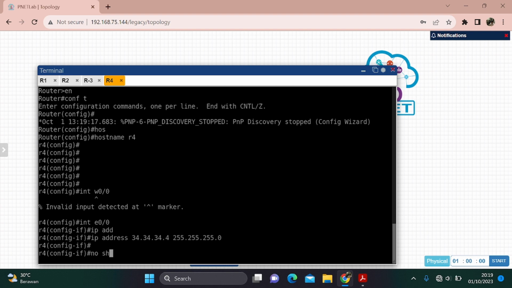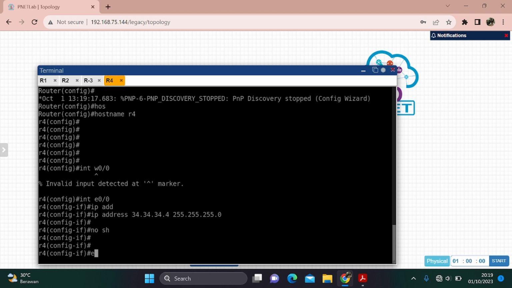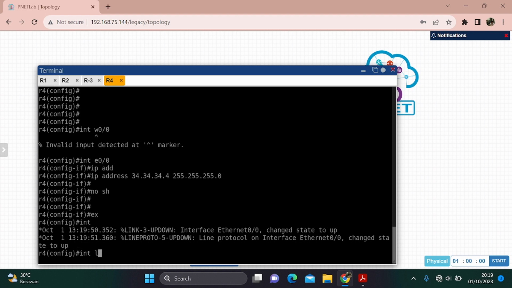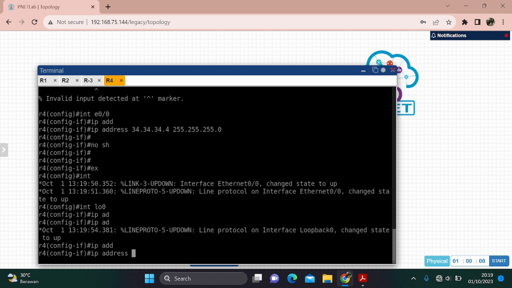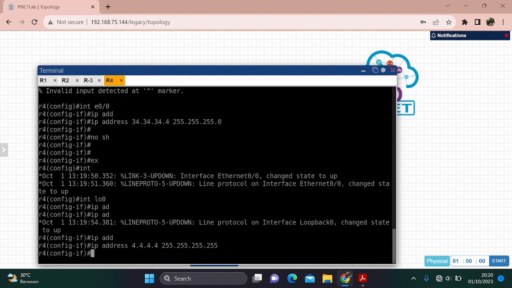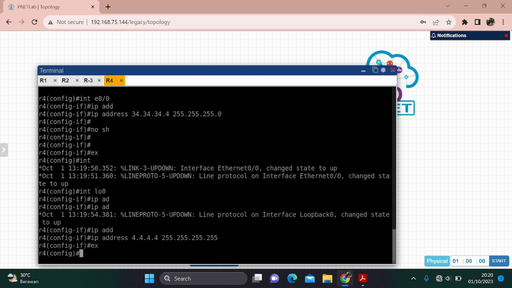No shutdown. Exit, and then interface loopback. The IP loopback is 4.4.4.4. Then exit.